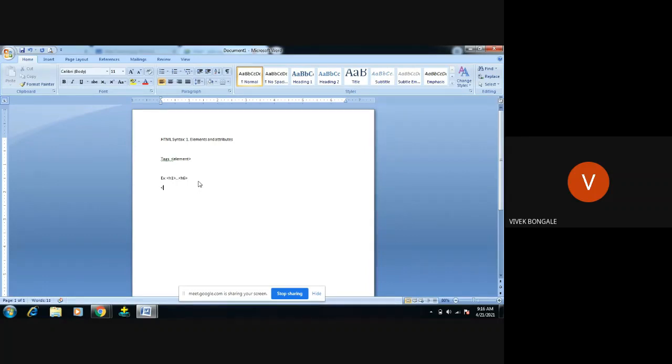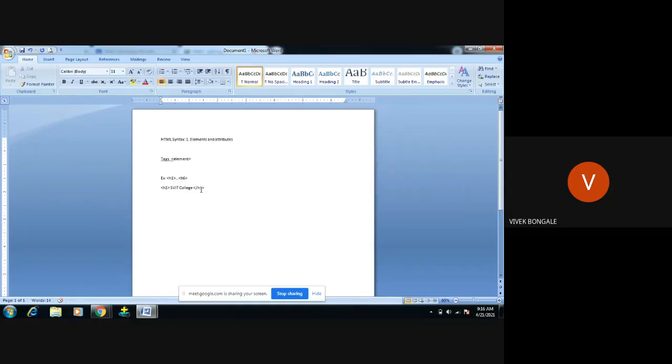For example, if I write SVIT college, I want to display it as a bold, somewhat header part in my document. That is the reason I place this content in the element h1, and we are going to close it.